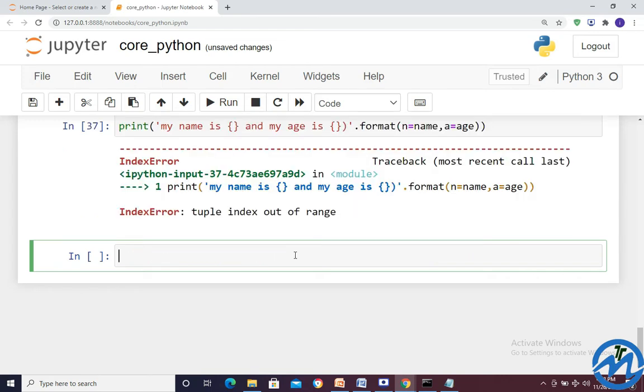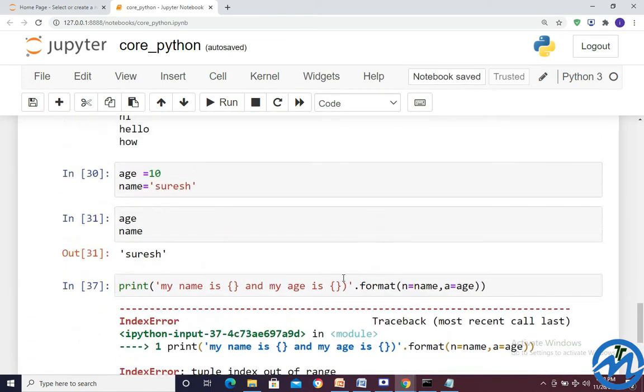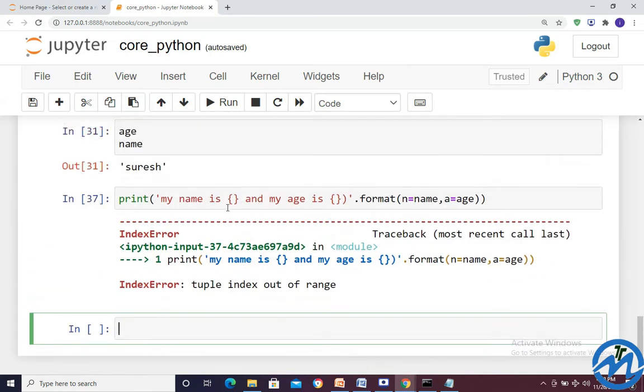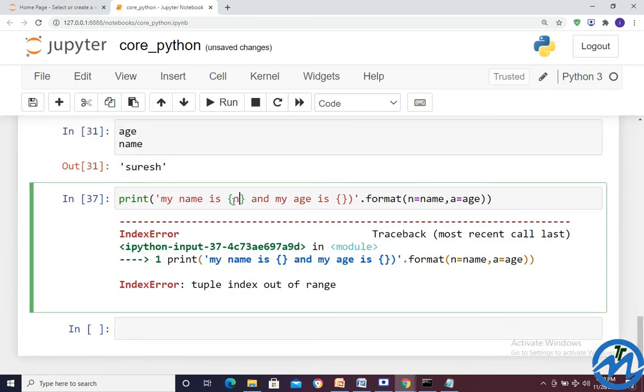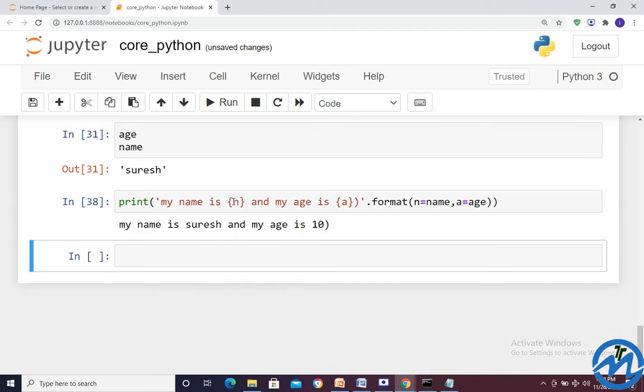I have written a is equal to age. Here I'll have to write n, here I'll have to write a. Enter.